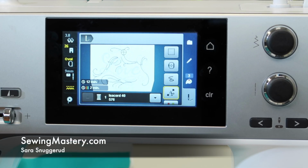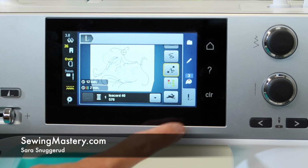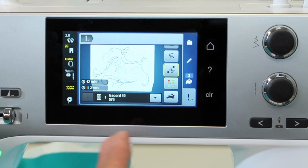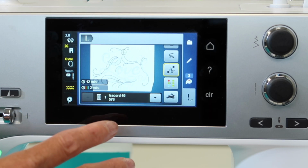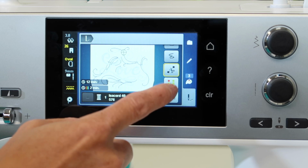We are ready to stitch out an embroidery design, and a feature I often use is called monochrome. Now you'll only find this feature once you've touched the needle and thread feature. We go to that second screen where we're embroidering color 1, 2, 3, 4, all the different parts of the design. So if you just wanted to stitch from one color to the last stitch without stopping, choose